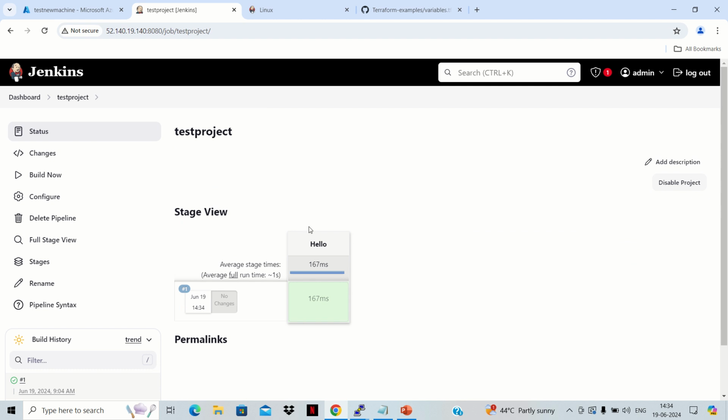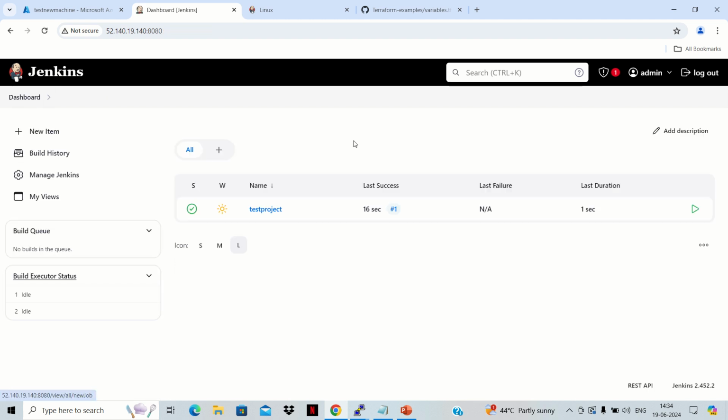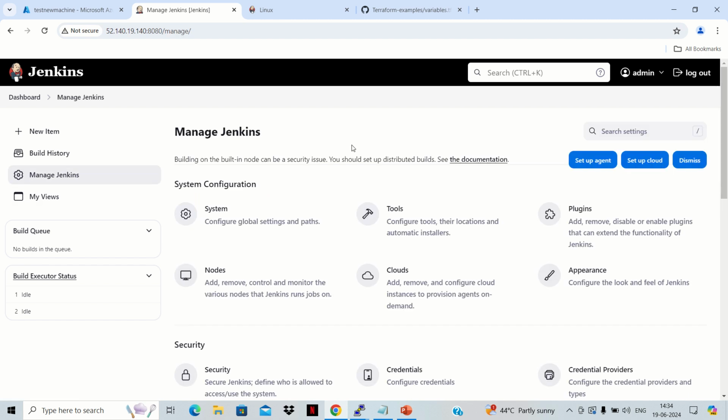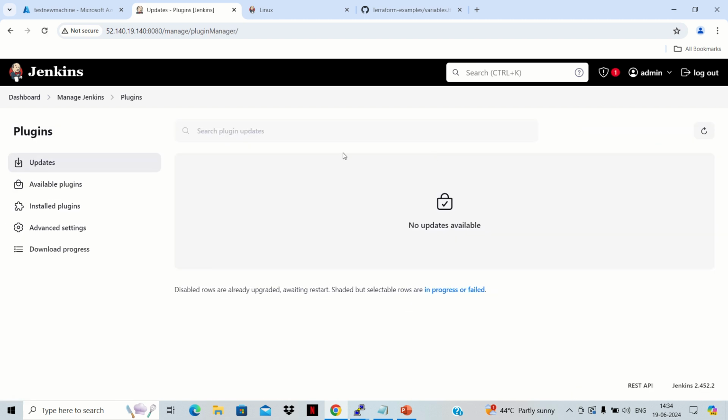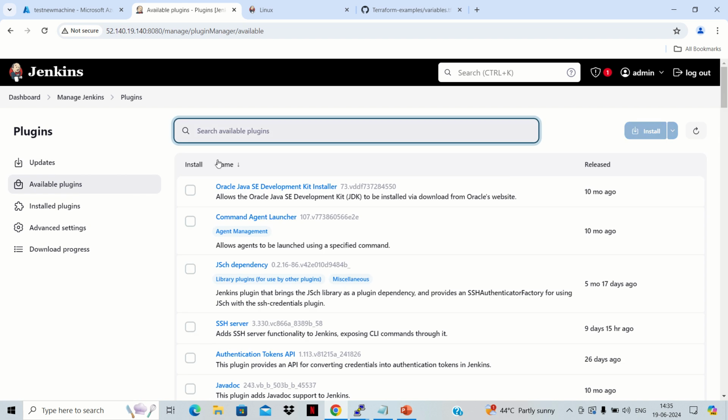So we can see the pipeline view here. Sometimes it happens that once you install Jenkins, you'll not be able to see this kind of pipeline view. So you need to install the pipeline stage view plugin. So how can we install that? Firstly we need to go to dashboard, then go to manage Jenkins, then go to plugins, and here in the available plugins we can search for